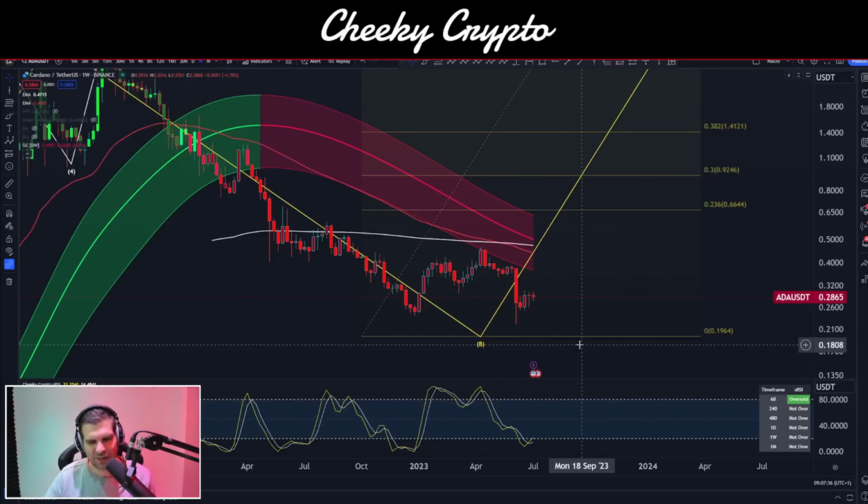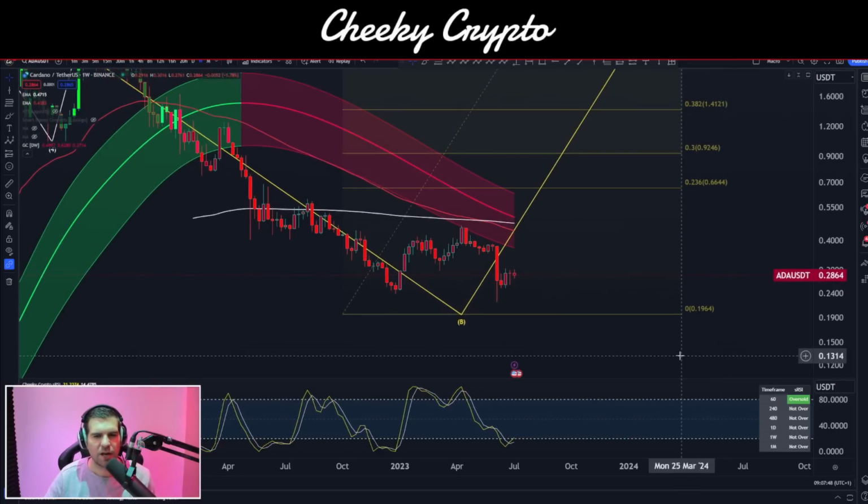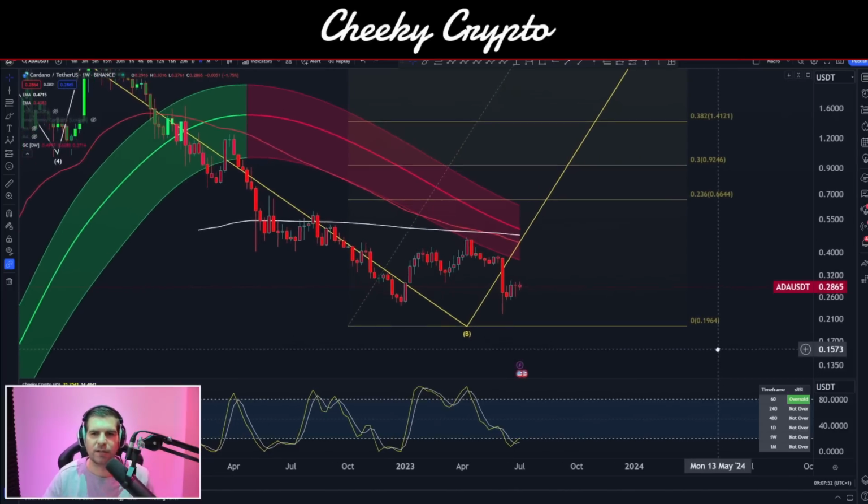But I think we have to, unfortunately, move down, finish off that structure, and then bounce up, and then potentially move down even further. This bear market for Cardano doesn't look like it's coming to an end anytime soon. I reckon we've got months left before we see this bottom out. So keep that in mind: price might bounce up a little bit, but if we're talking about big macro movements, we've probably got further to the downside to be expecting.